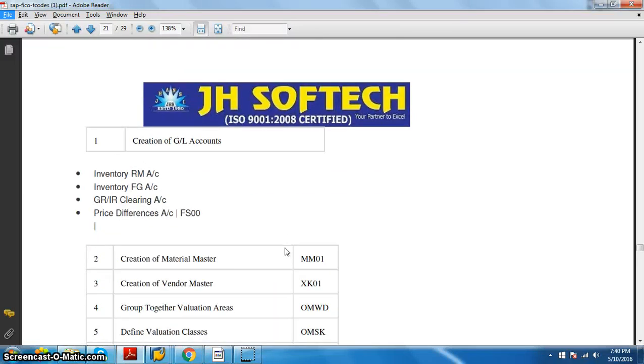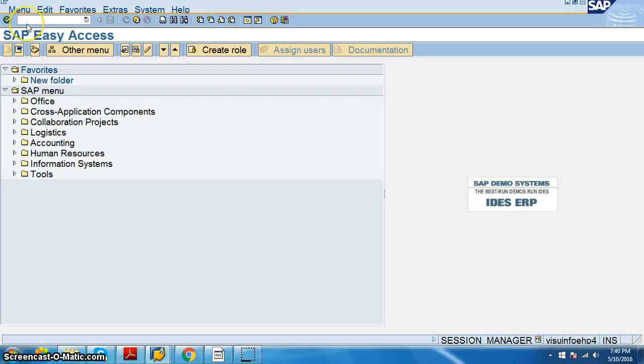So for integration, we are going to create 4 accounts. Inventory RM account is what we need to create now. For that, I'm going to OBD4 just to check what the various account groups are in which we can put these things.